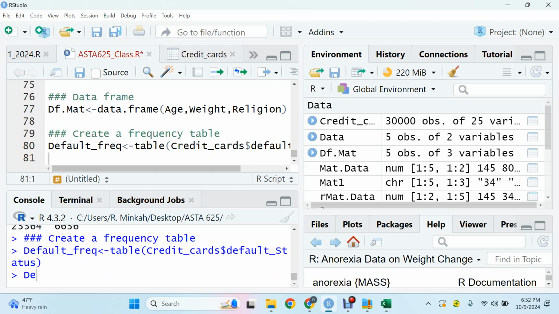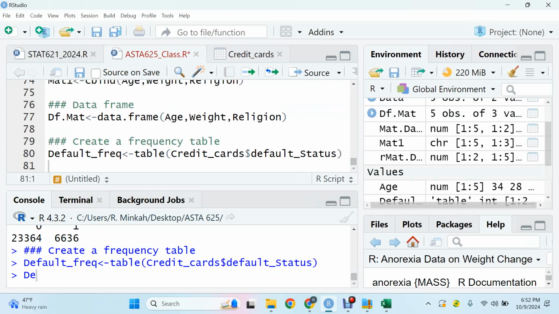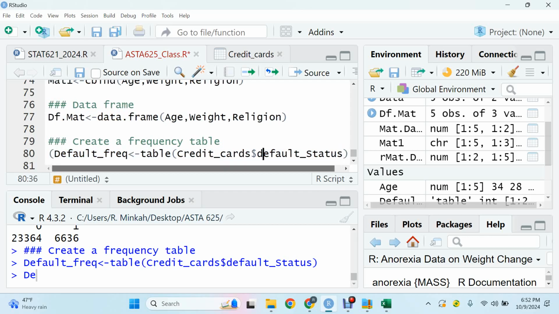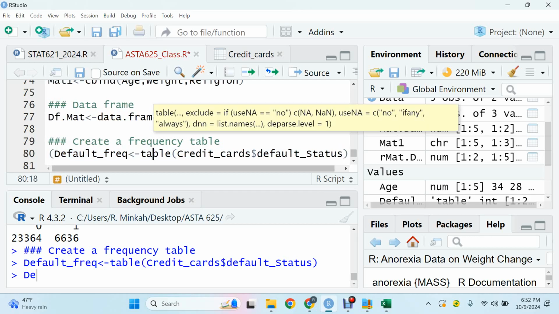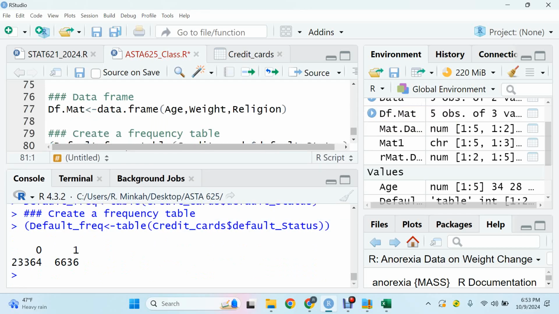Now, when you run it, it will store it as a default status. If you want to run and display it at the same time, you can put all this in parentheses, like this. So if you do that, then when you run it, it will store it and at the same time display it on the screen. So there it is. Okay. So that's what we have done. So now we have created a table,